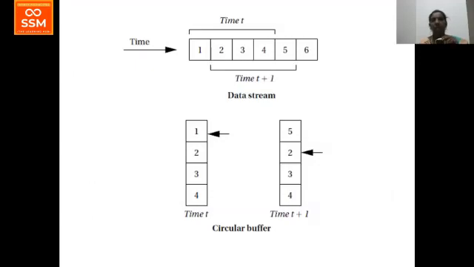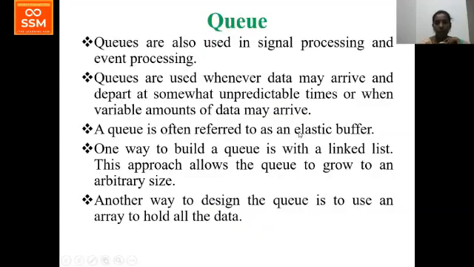So here in the circular buffer, some set of the stream of data will be stored in the window. For the first time interval, we are considering the first 4 data elements. Here the pointer decides the data size. So in the first time interval, we are processing data 1 to 4. In the next time interval, we don't want to use 1, so we are replacing 1 by 5.